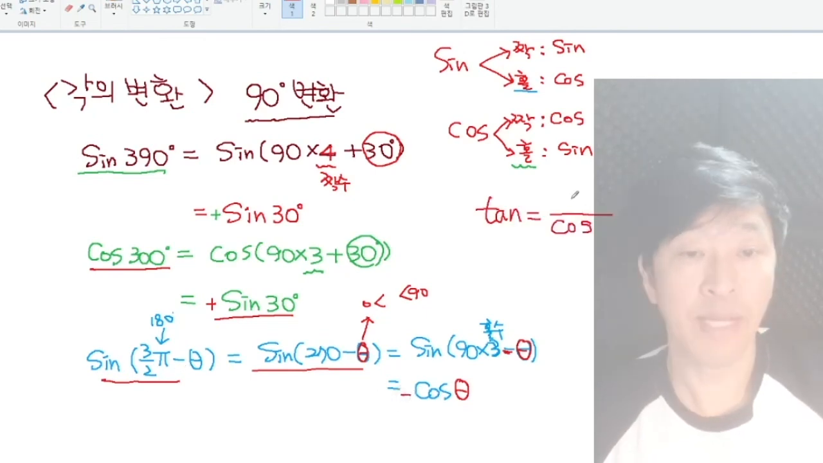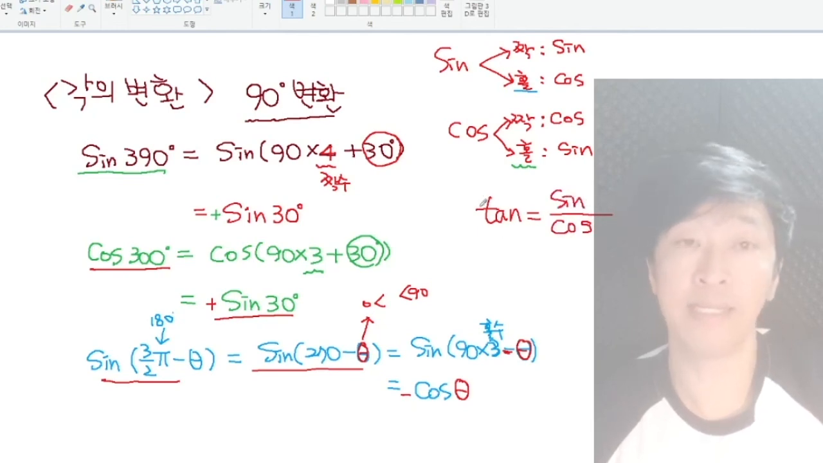And solve it. There's no such thing as tangent here, because tangent is just sine over cosine. You can interpret it with cosine. You don't have to know,